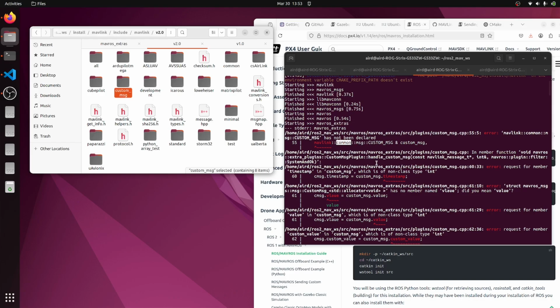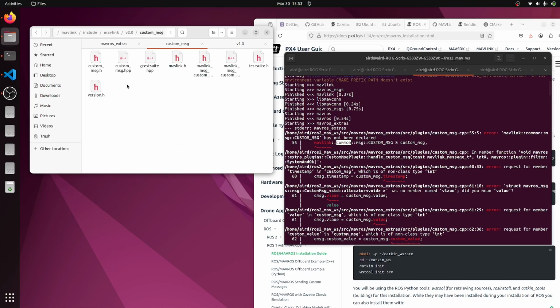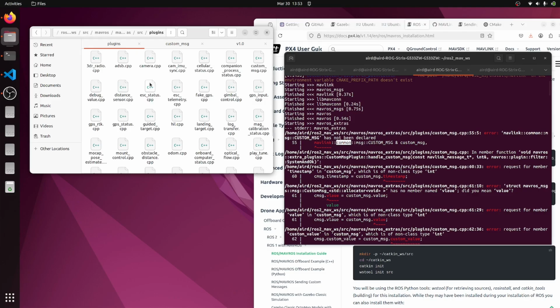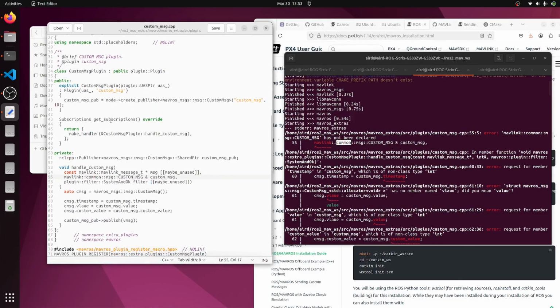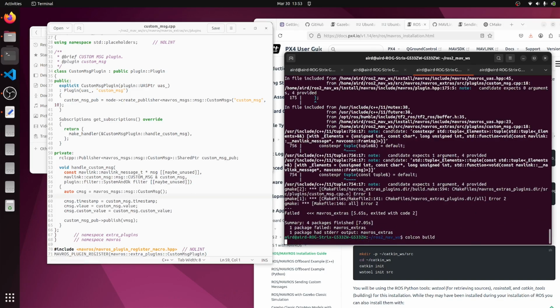So I think in the main file we'll have to replace that common by custom_message. Okay, so let's do that. Let's go to the extras, src plugin, and the file that we had created. Okay, in this we have to change this to custom_message, and let's try to compile it again,